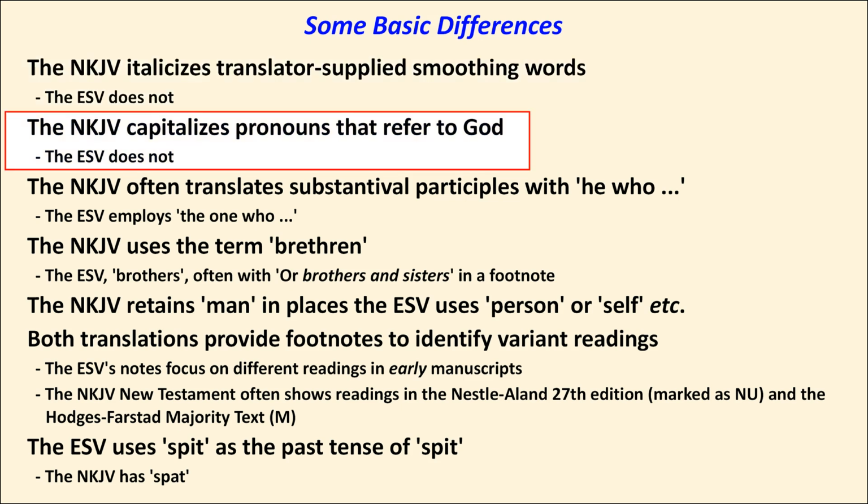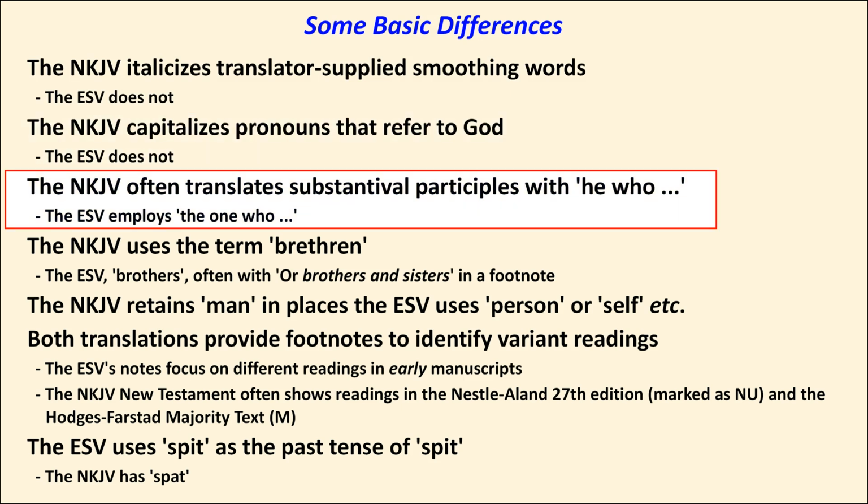The NKJV capitalizes pronouns that refer to deity, the ESV does not. The NKJV translates what are called substantival participles in the old way, with he who expressions, while the ESV tends to use the one who or whoever expressions. For instance, the NKJV has "He who believes and is baptized will be saved" in Mark 16:16, but the ESV reads, "Whoever believes and is